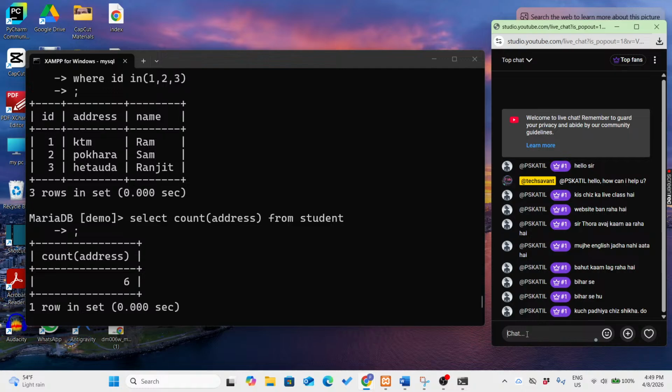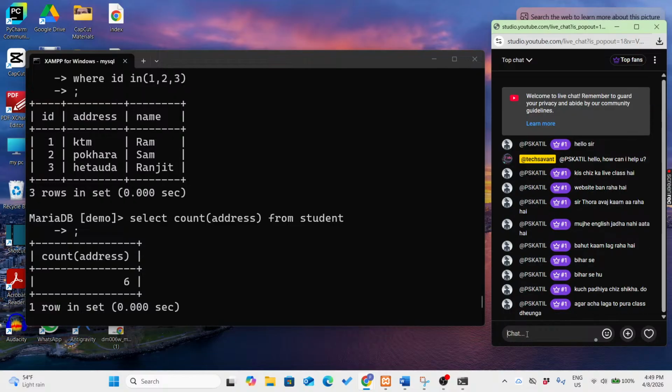So these are all the commands we can use in a very simple way. For that, a database must be there, and we can apply some functions there if they relate to manipulation and others. I hope you got the answer to this one. If any confusion, let me know. Yes, one more thing we can do there, and that is